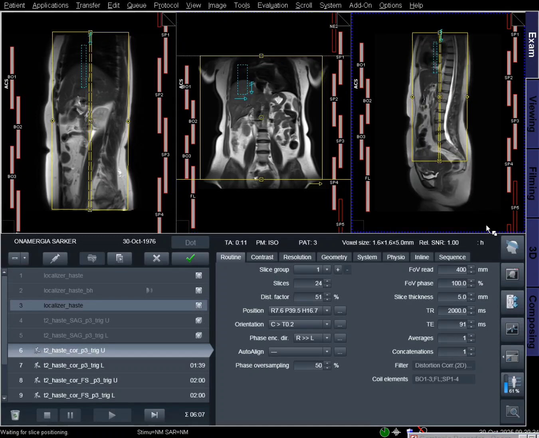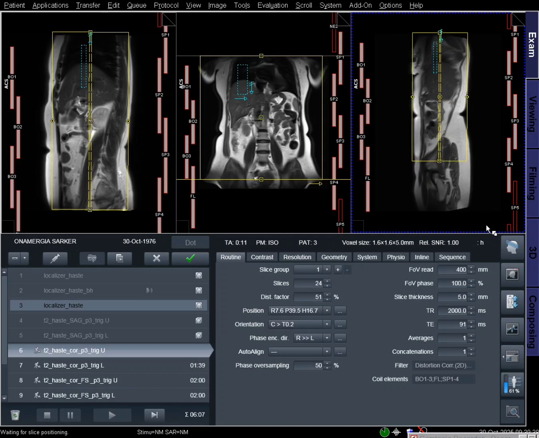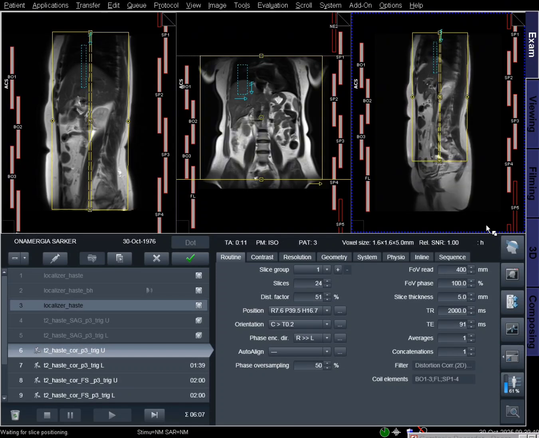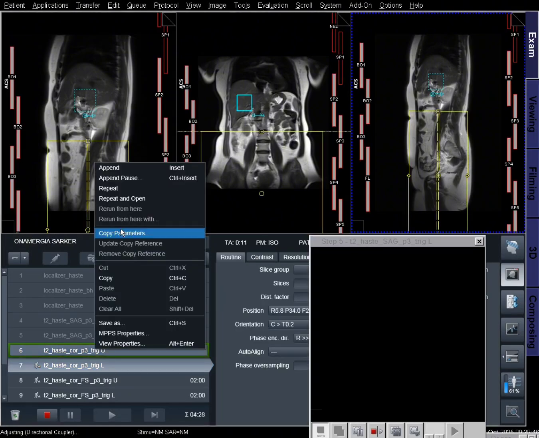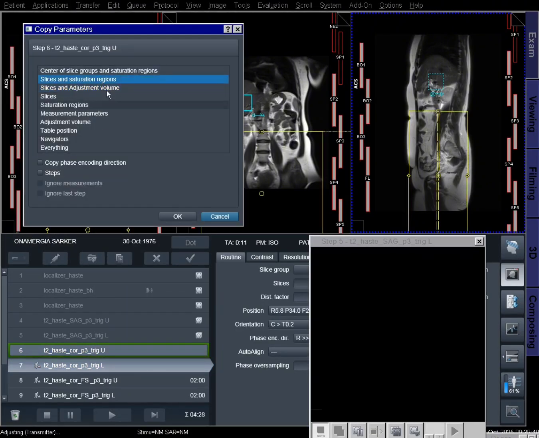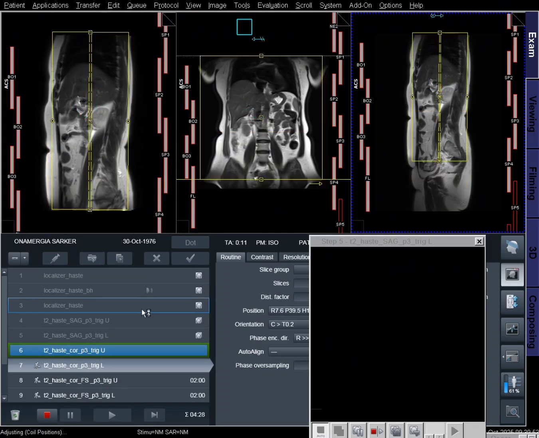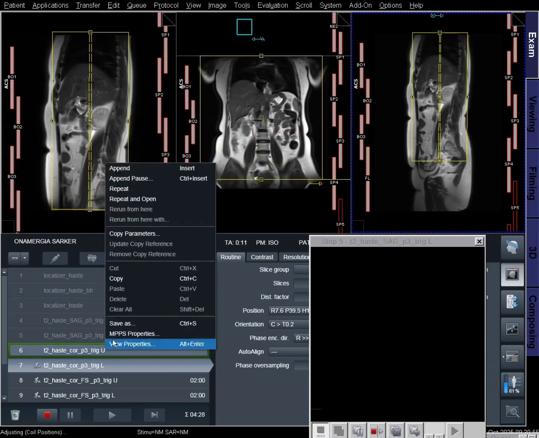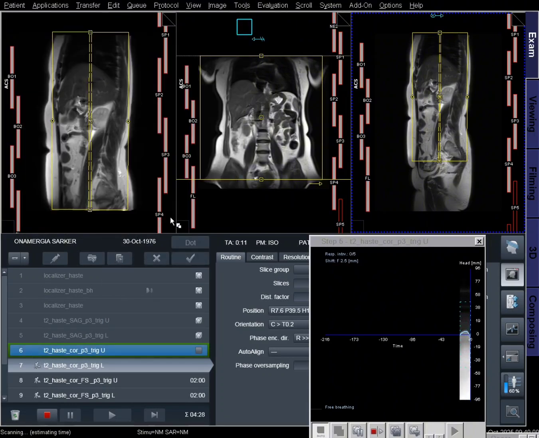MRI abdomen, or magnetic resonance imaging of the abdomen, is an advanced imaging technique that uses a strong magnetic field and radio frequency waves to produce detailed images of the internal organs within the abdominal cavity. This examination provides clear visualization of the liver, gallbladder, pancreas, spleen, kidneys, and abdominal blood vessels, allowing precise assessment of